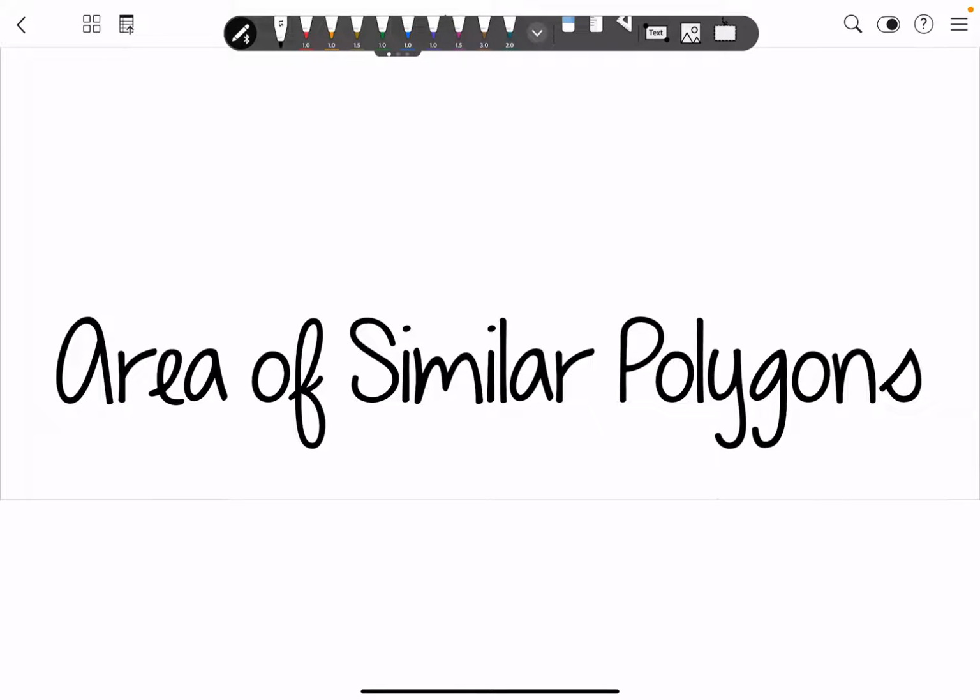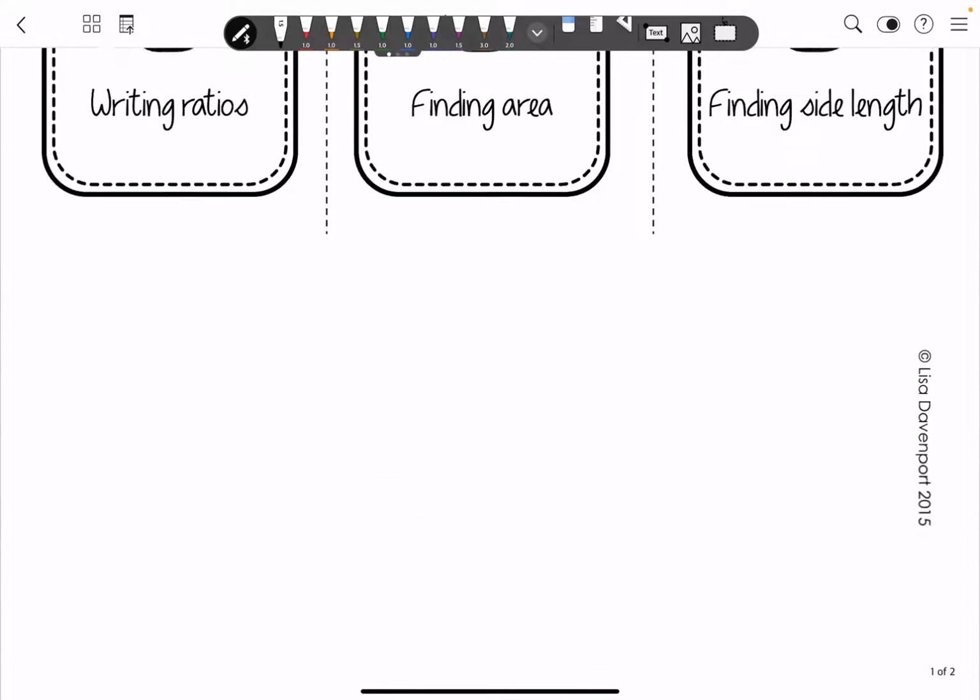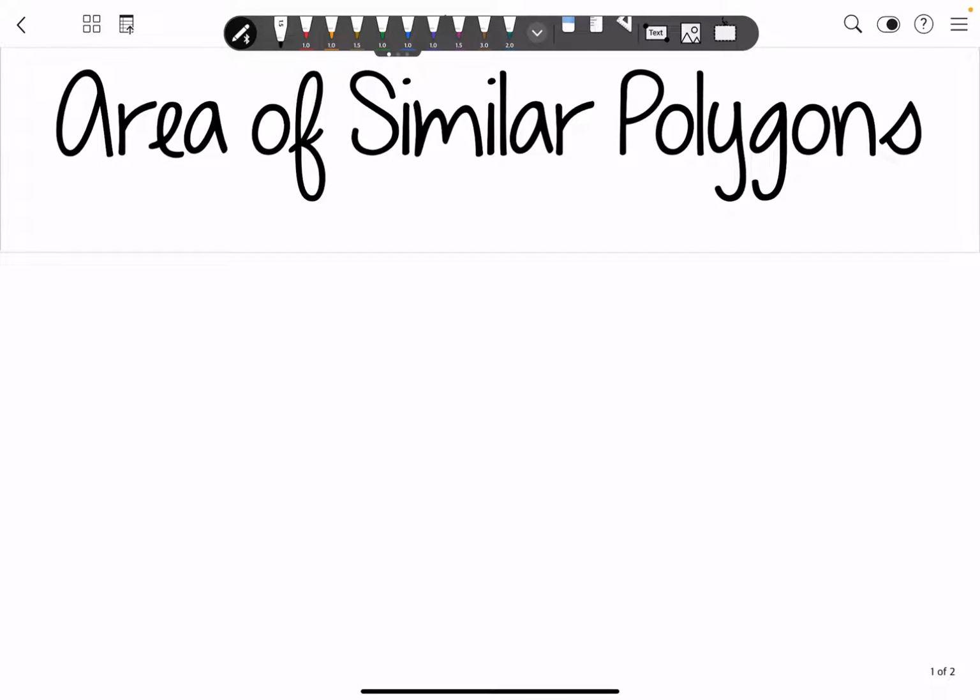Hey everybody, so we are going to be talking about area of similar polygons. We've talked about comparing the perimeter of similar polygons, and this is going to be similar to that. All right, so at the front, what I want you to write is PAV